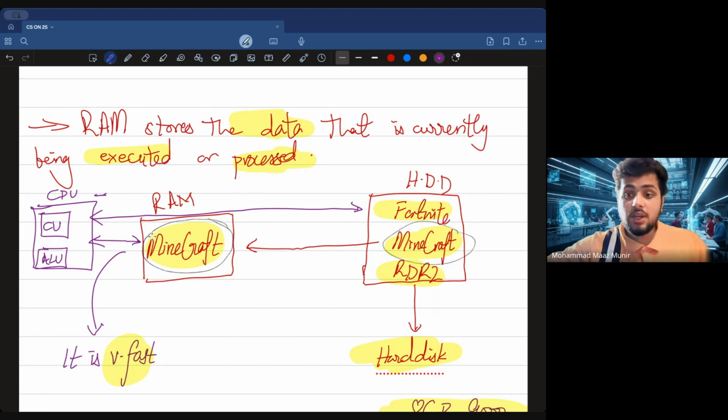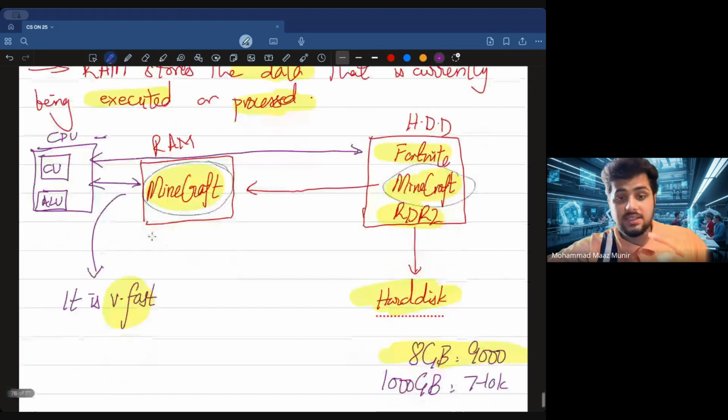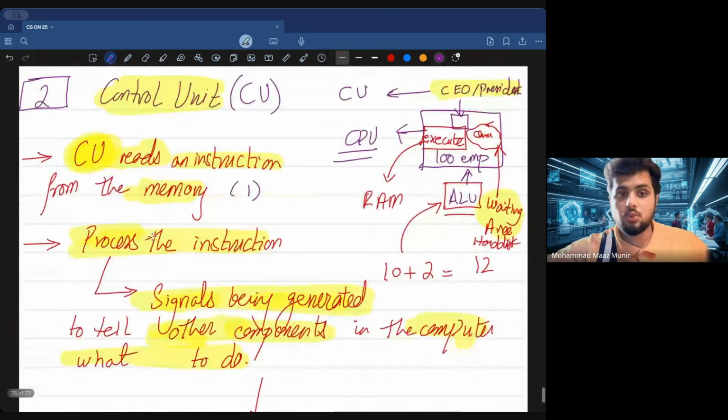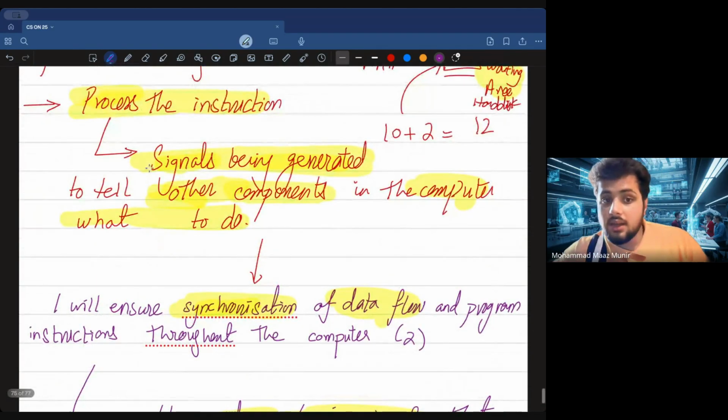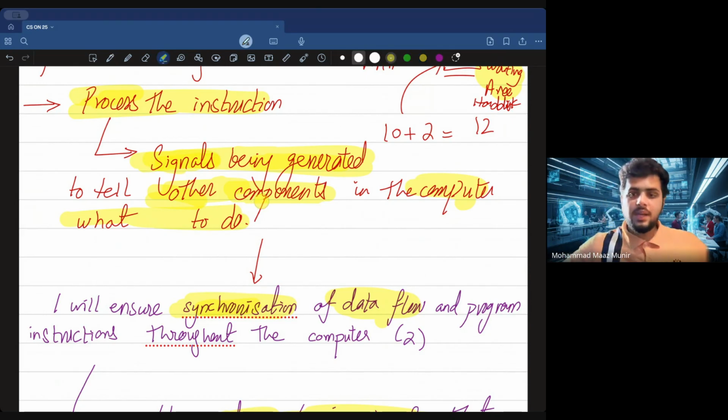अब किस तरह की communication हो सकती है, क्या connection हो सकती है? We discussed yesterday कि control unit has one other thingy. It tells the other components in the computer what to do, and उसके लिए वो क्या करते हैं? There are signals being generated, right? So अब signal could be anything. Like if I'm playing Minecraft and I press the space bar,